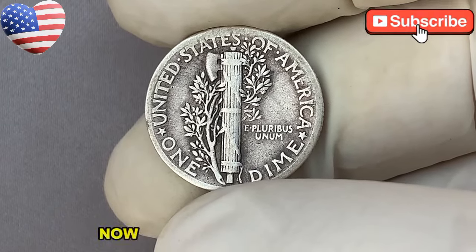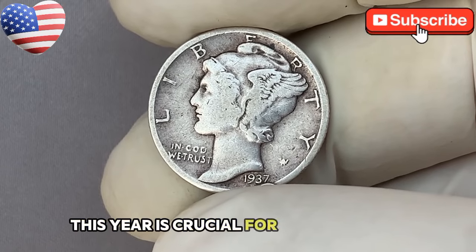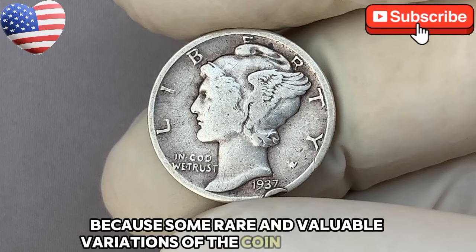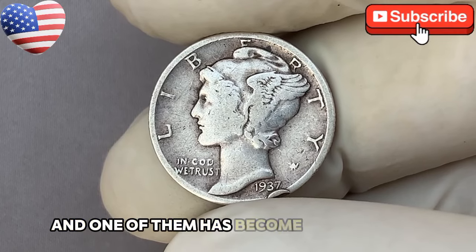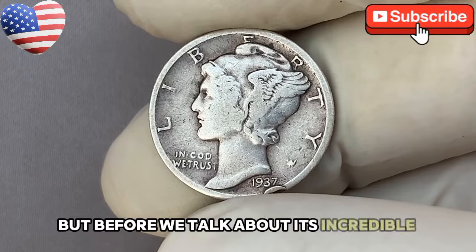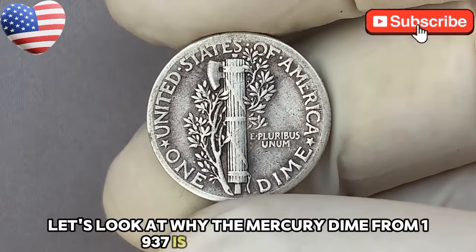Mint. Now, let's fast forward to 1937. This year is crucial for Mercury dime collectors because some rare and valuable variations of the coin were struck, and one of them has become legendary in the numismatic world. But before we talk about its incredible worth, let's look at why the Mercury dime from 1937 is so sought